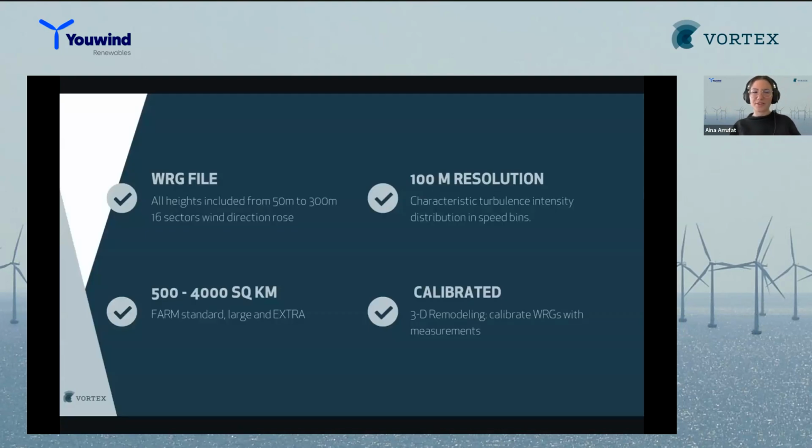So, well, the main important points for the farm is that it's a WRG file that you can directly open with platforms like Youwind. All heights included from 50 meters up to 300 meters, 16 sectors wind direction rows, 100-meter resolution, characteristic turbulence intensity distribution in speed bands, areas up to 4,000 square kilometers in our farm standard, farm large,